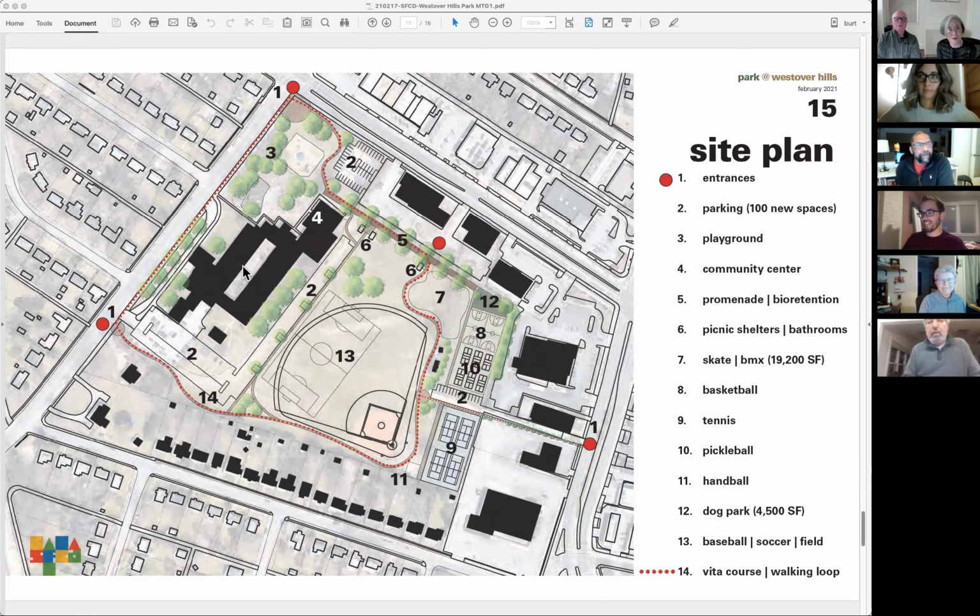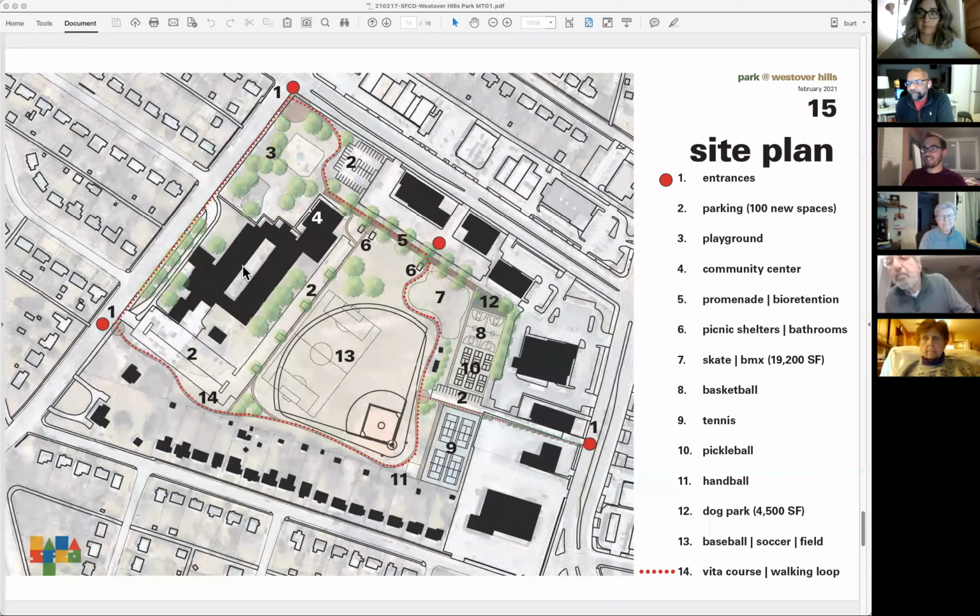Myself and my husband, Joe, we represent Richmond Tennis Association. And I am really excited to hear the plan for developing Westover Hills Park. I think it would be a wonderful way to add to the neighborhood and to the school as well. I just wanted to